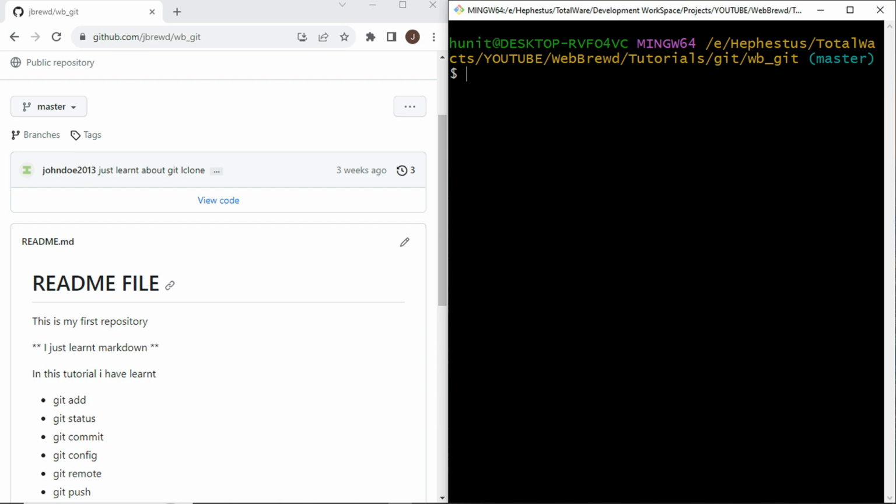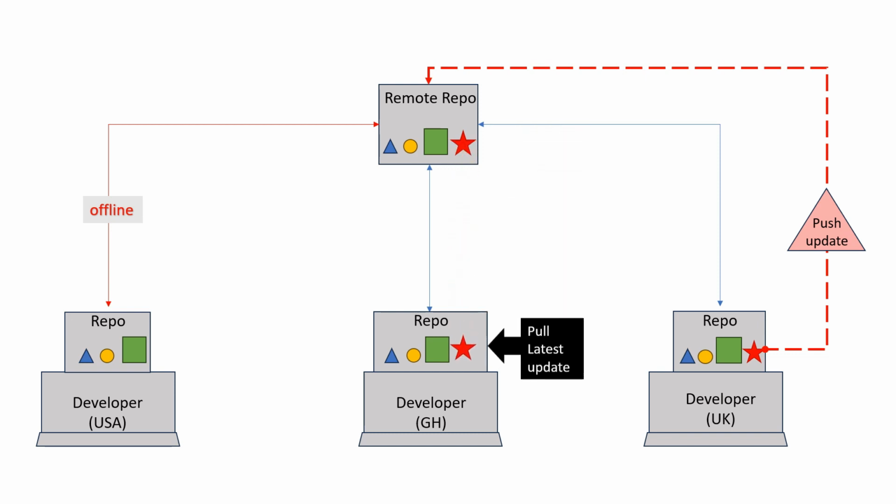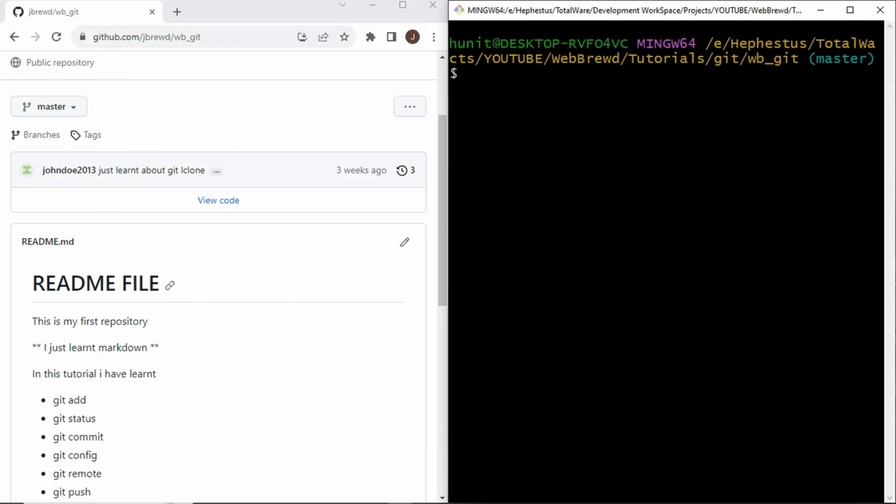So if there are changes that have been applied whilst you are away, those changes will be in the remote, and so you would have to apply those changes to your local as well before you proceed. So the first thing I'm going to do is a git pull. Now this git pull does two things. It fetches the changes or whatever is inside of the remote, and then it merges that changes to my local content. So when I press enter,